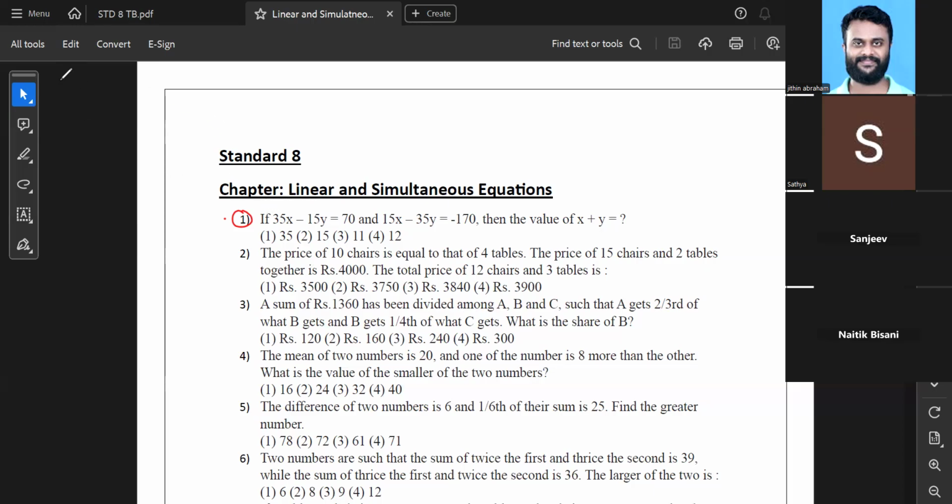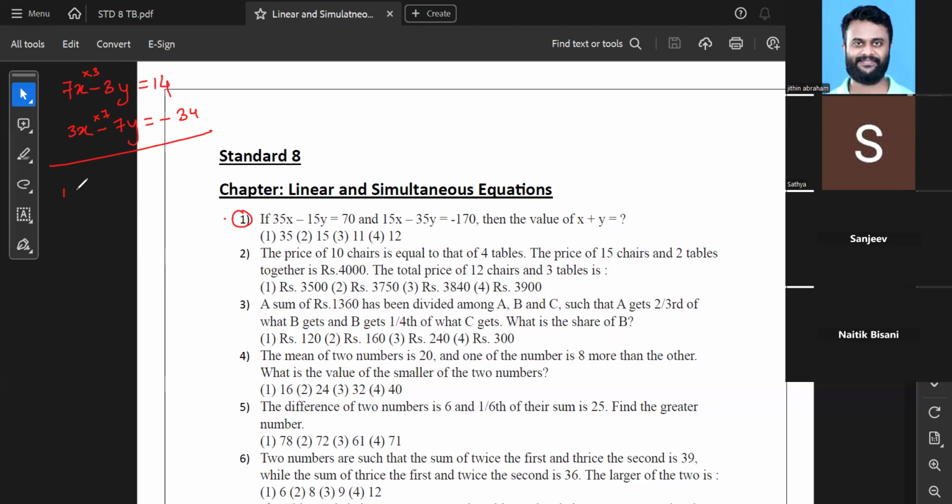Yes. So I'll convert this first equation like this. I'll write it as divided by 5, which means it becomes 7x minus 3y is equal to 14. And the second one becomes 3x minus 7y is equal to minus 34. So you have this equation now. The LCM is basically 21, so you multiply this equation by 3 and this equation by 7. So that will give me